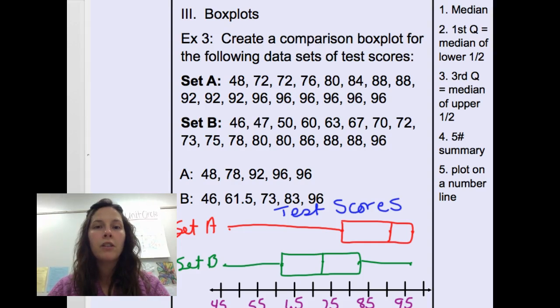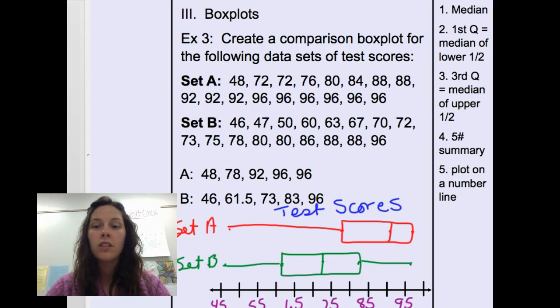Now remember, when you're looking at a box plot, if the whisker or the box is longer, it does not mean it holds more data. That's a really common misassumption that students make about box plots. What it means is that the data is more spread out, it's more diverse, it's more different or dissimilar from one another. If you have a small box or a small whisker or a non-existent whisker, it means the data is exactly the same. So in the case of set A,